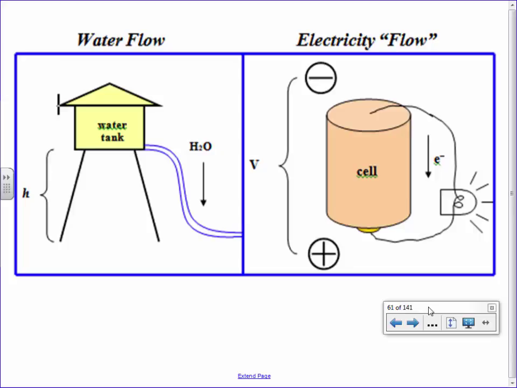Now, if your water tower is this far above the ground, it's not going to have that much voltage, right? It's not going to give you that much energy. Whereas if the water tower was way up in the sky, then there would be more voltage, more potential energy to it. Does that make sense? Now, here's where current comes in. Current is how much is able to flow. If I were to put a hole this big inside the water tower, it's just going to drip out little by little. But isn't the water still going to gain the same amount of energy? Because as the water falls from top to bottom, it's going to gain however much energy the height happens to be. Does that make sense?